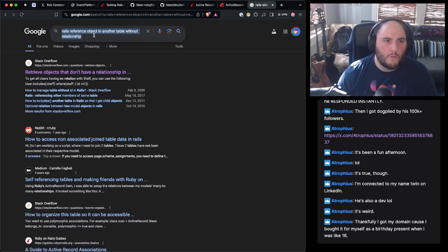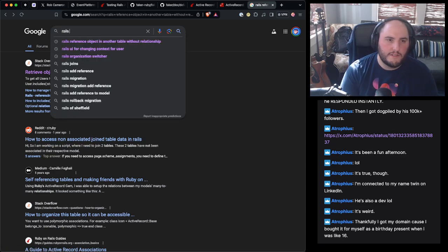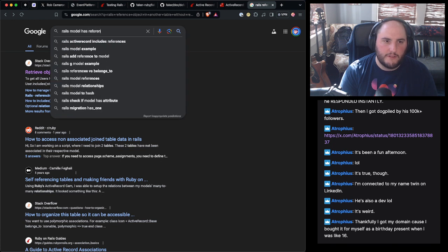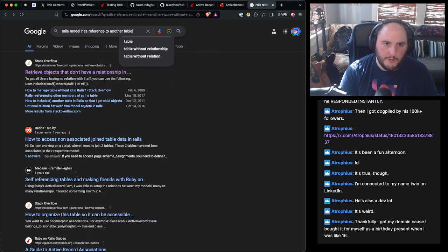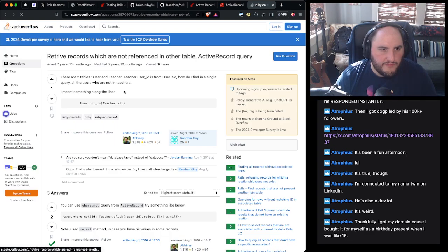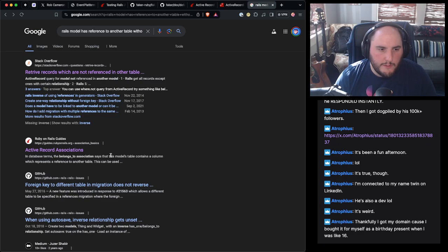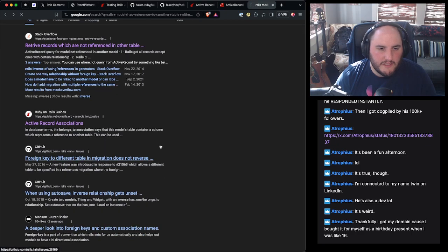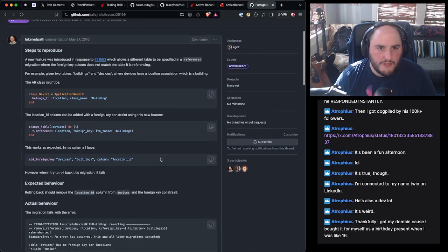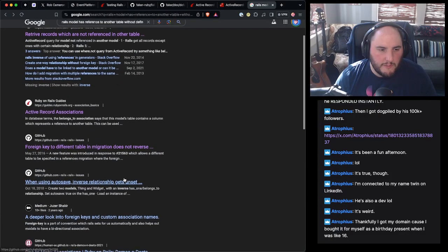Rails object or Rails model has reference to another table without defined inverse relationship, which are not reference active query. Where? No, that's not it. Foreign key to a different table does not reverse. No, not what we're looking for.